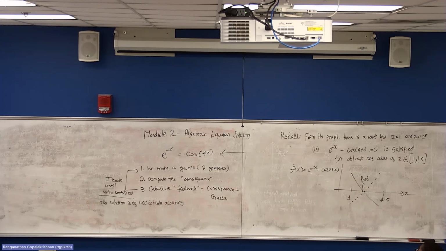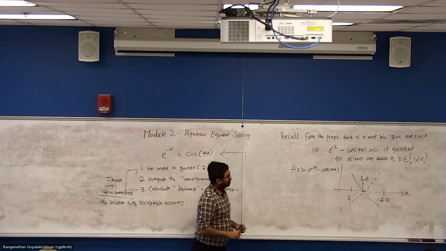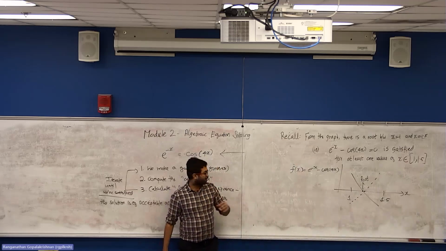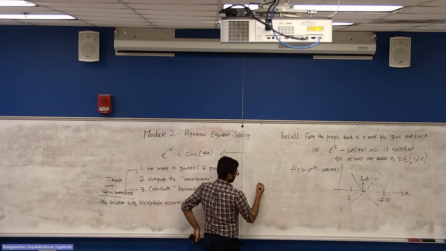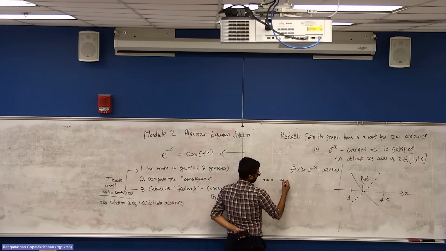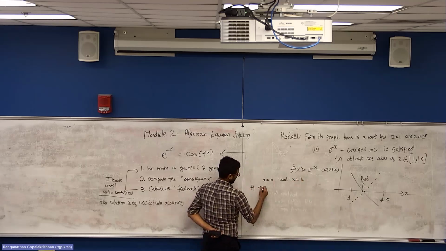Okay, so we saw the graph, so we know the root is between here. If this is the case, how can you turn that into a math statement or a condition that a root lies between two values? Let's say we have two values a and b. If I say a root lies between a and b,